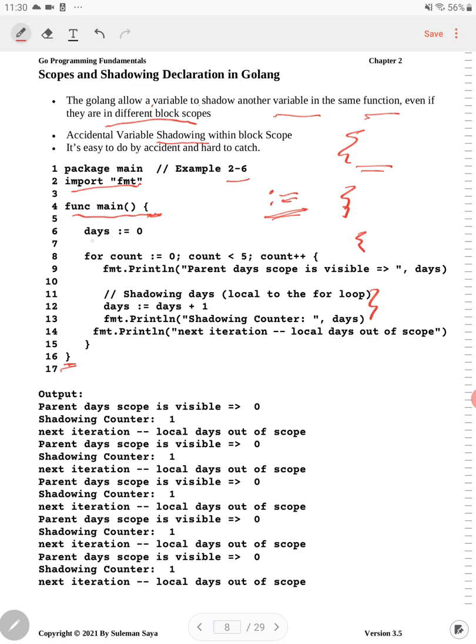Within the body at line number 6 we do the short declaration of a variable called days. As you can see, days will be of type integer because we are initializing it with 0. And then within the body of a for loop we are creating